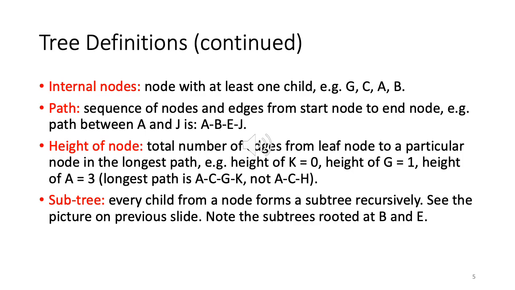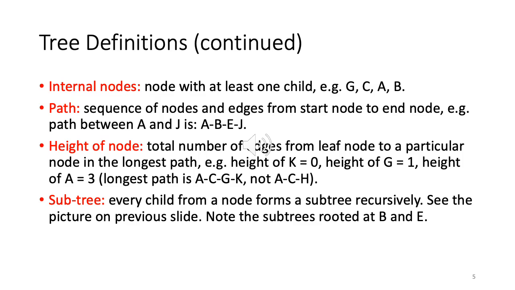Next definition, important one, path. So what is a path? A sequence of nodes and edges from the start node to end node. So generally we say that we have a path between the originating node and the ending node. So for example, can we have a path between node A and J? So a path starting from node A ending at node J. If we look at our tree, yes, a path exists, and the path is from A